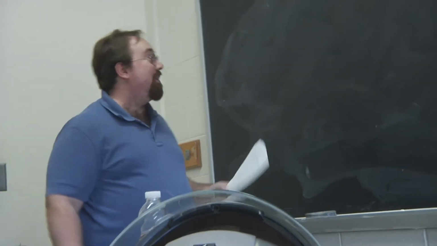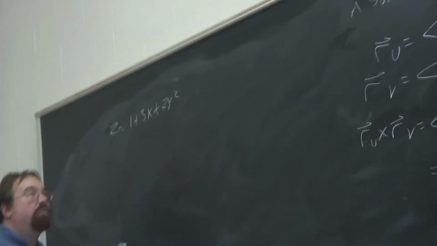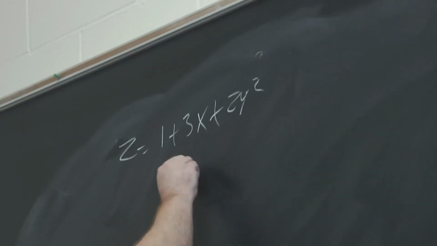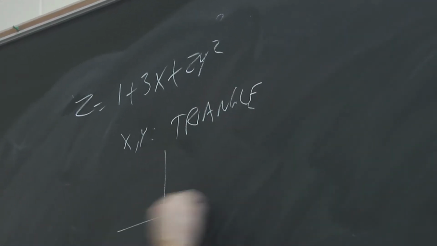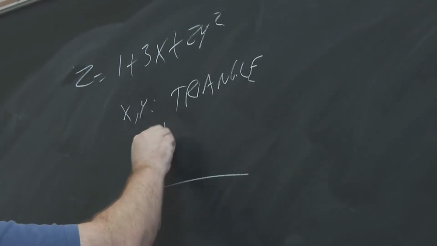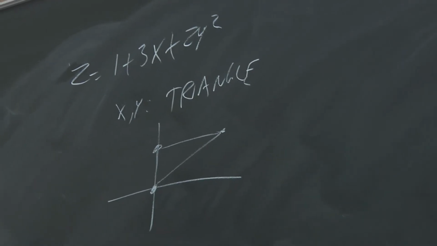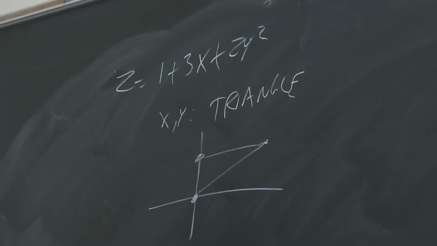All right. So now we have this surface, z is equal to 1 plus 3x plus 2y squared, and x and y are now no longer confined to a rectangle. So what we have is x and y come from a triangle with these vertices: (0, 0), (0, 1), and (2, 1). All right. Now in this case, if you let x and y be the parameters,